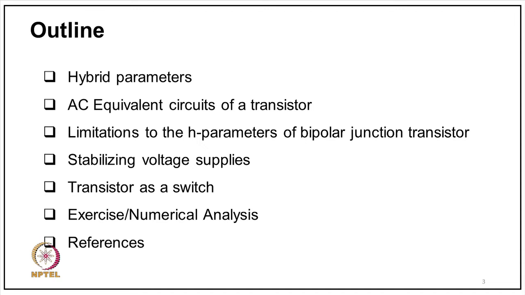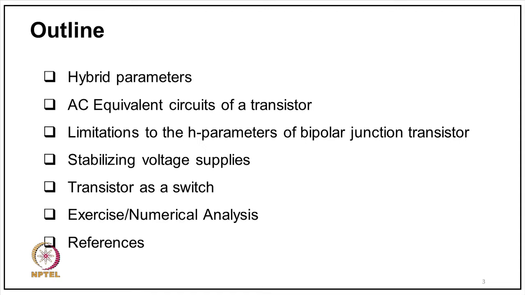Then the other part we would like to discuss, of course, is hybrid parameters, the H parameters, which we discussed already in the 2-port network. The same is applicable for the transistor, so we would like to discuss that. Then we will talk about the AC equivalent circuit of the transistor and the limitations of the H parameters of this bipolar junction